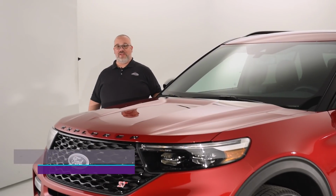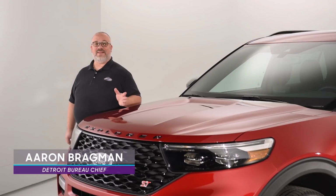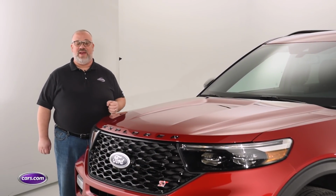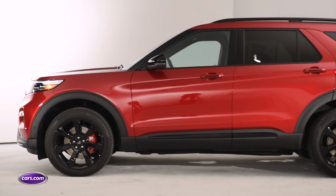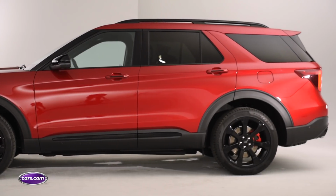It's hard to believe that it's been almost 30 years since Ford introduced the Explorer. Back in 1990, the Explorer SUV was a rear-wheel drive 5-passenger SUV, and it was an instant hit. Over the years, it's gotten a little bit bigger. It even went to front-wheel drive for the 5th generation in 2011, but here is the 6th generation Ford Explorer